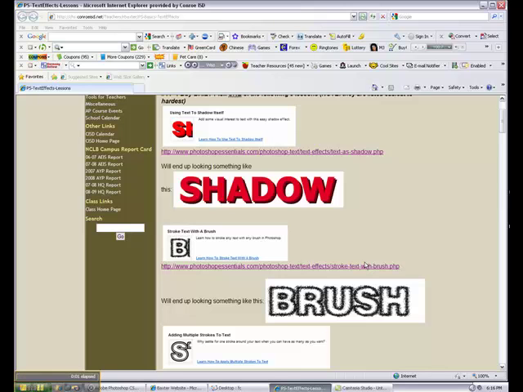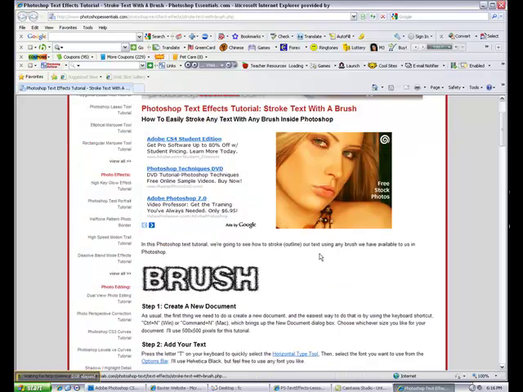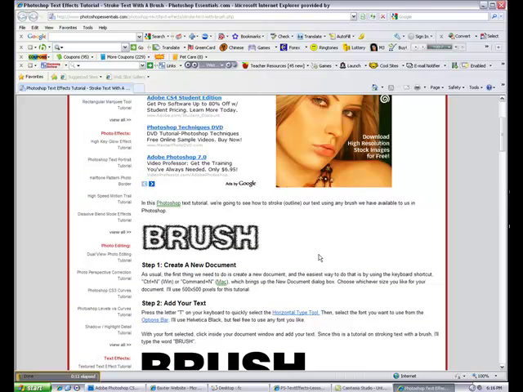Let's go to the medium lessons. The medium lesson is brush. So I'm going to click on the link, pull it up, and we're going to follow the instructions. Remember, you pick one of these lessons, you don't do all three, unless you have a zero somewhere else that you need to make up. You just pick one of the lessons